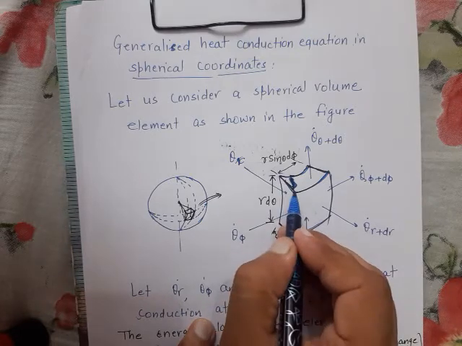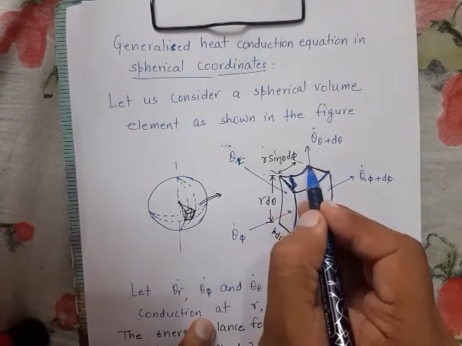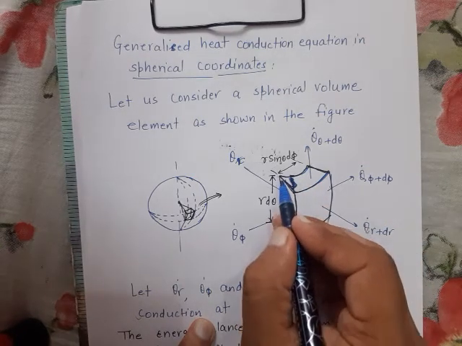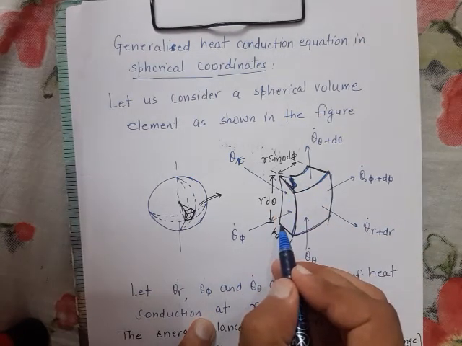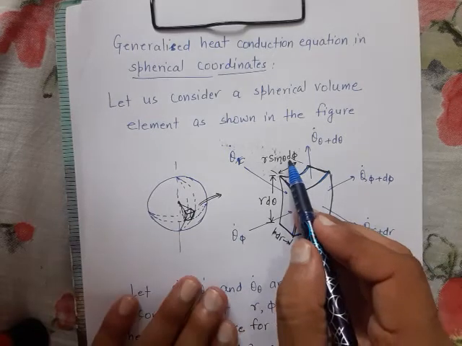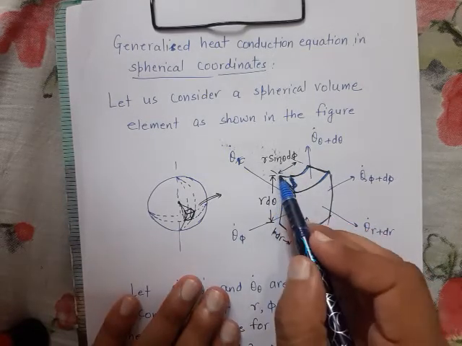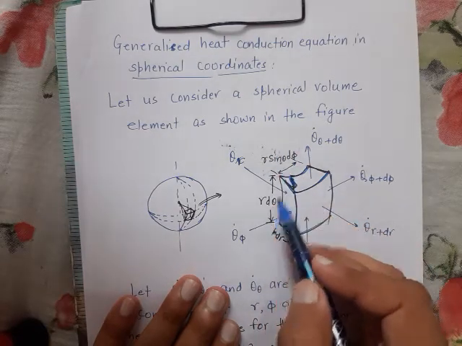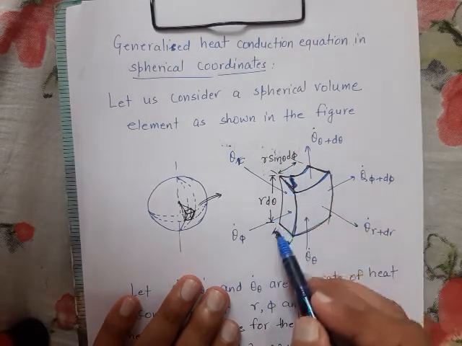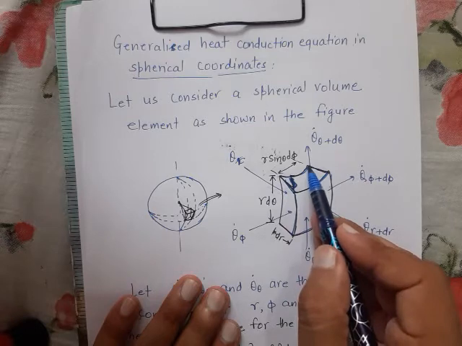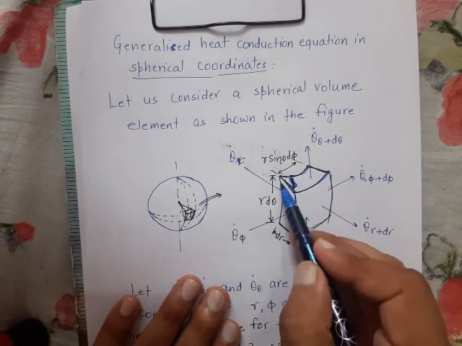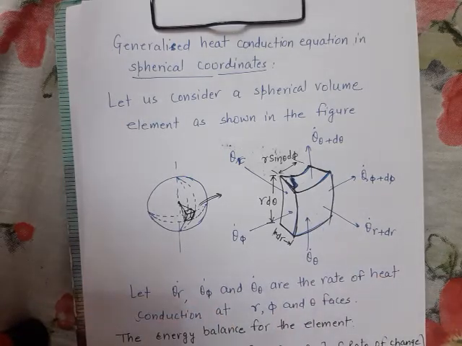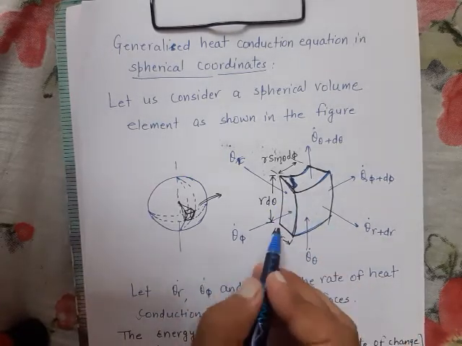So this thickness would be dr, this dimension will be r sin theta d phi, and this would be r d theta. Okay, I think it is difficult for you to understand how these dimensions have been calculated. At the last of the lecture, I will give you the expressions for how to calculate this length and this length. Okay, so now you just note that